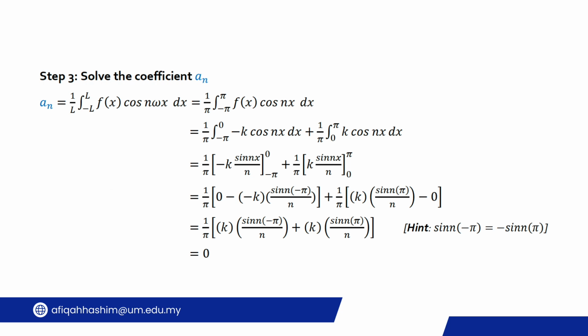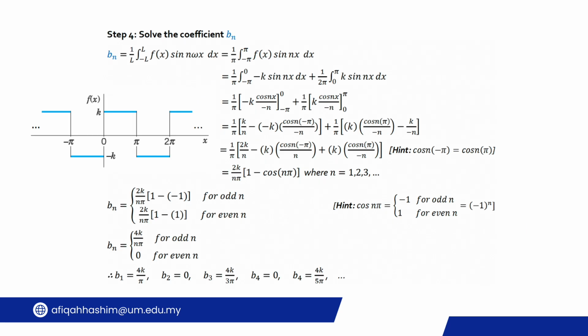So here, for example, find bn. bn is equal to, from the formula, 1 over L integration from negative L to L of f(x) sine nwx dx. So 1 over L is 1 over pi, integration from negative pi to pi, but then you have two functions, which is negative k and also k, and then separate it into two parts. You integrate k sine nx, you will get cos nx over negative n, and then substitute 0 to negative pi,